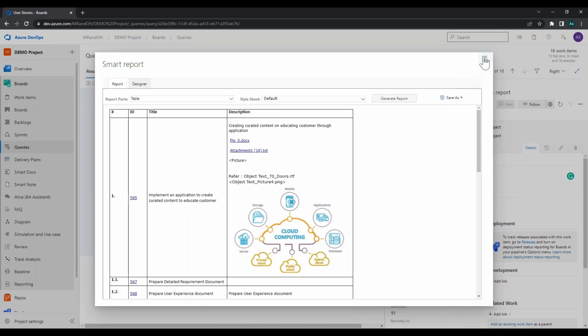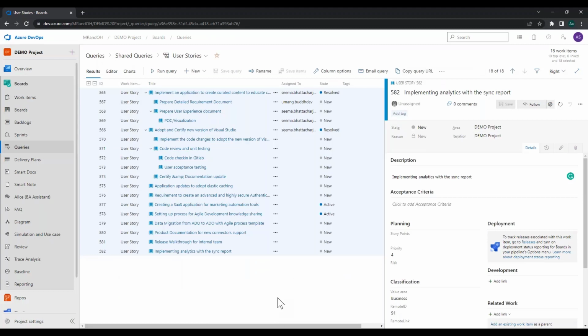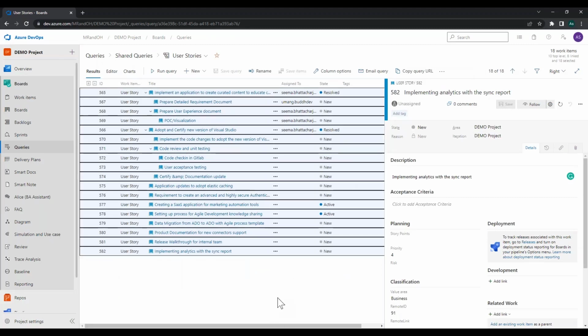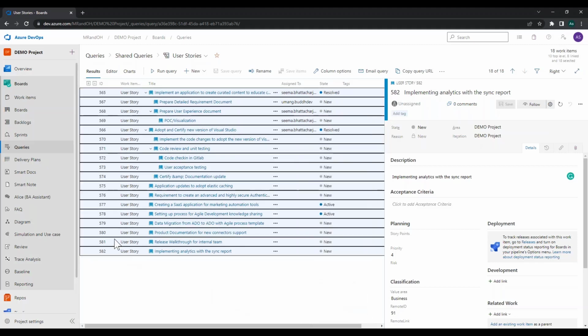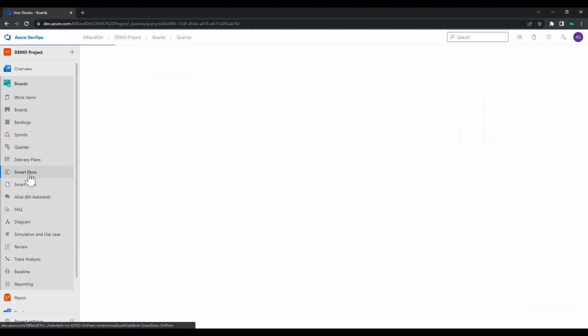Now, of course, once you have the data in Azure DevOps, you can then do other things. Like, for example, if I wanted to create a baseline, I could simply go here and create a new baseline. Or I could initiate a request to get feedback and sign off, including e-signature and so on. But let's go to a Smart Doc. So I'll go to Smart Docs,